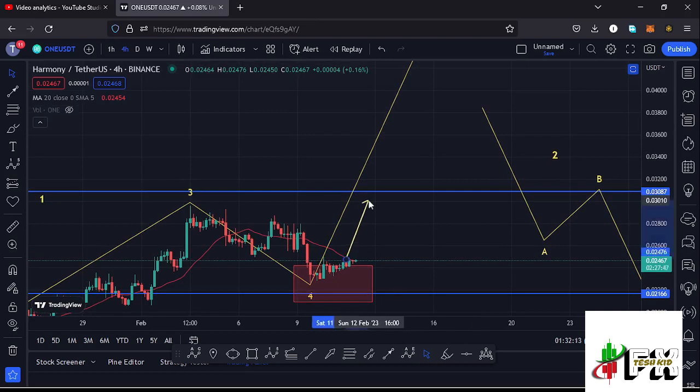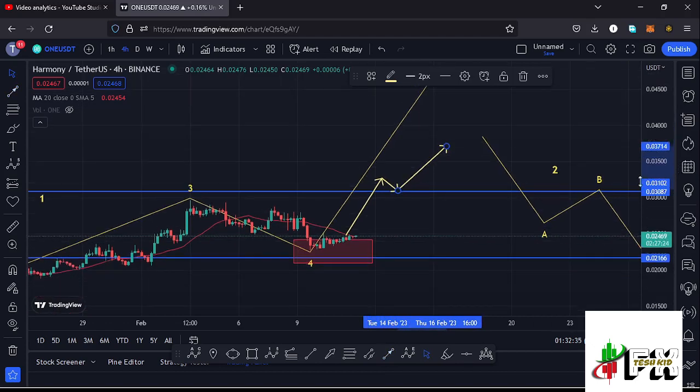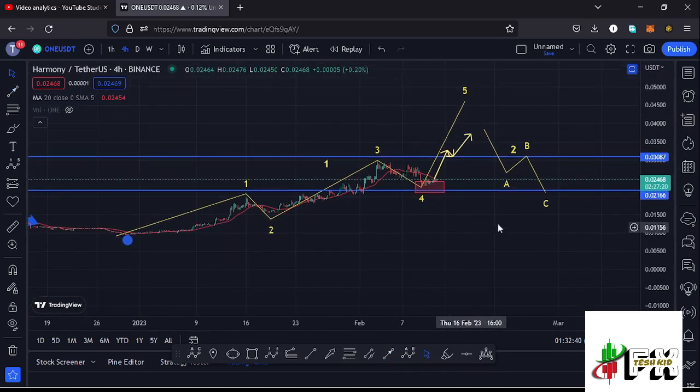I'm also watching that next key area of resistance at around the $0.03087 mark, and the moment I see a break above that key area of resistance, I'll be expecting to see a retest of that key area of resistance. And once the retest is in, then we can continue pushing even higher, fully maximizing our target areas to the upside in the formation of that wave 5,